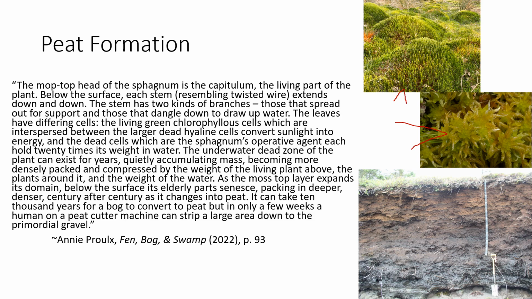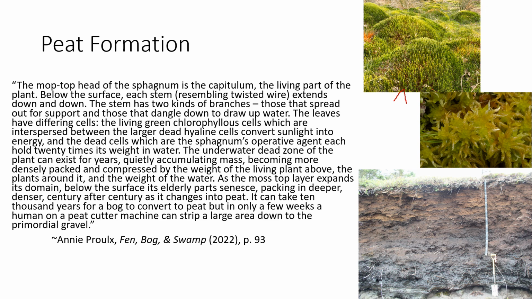Below the surface, each stem, resembling twisted wire, extends down and down. The stem has two kinds of branches, those that spread out for support and those that dangle down to draw up water. The leaves have differing cells. The living green chlorophorus cells, which are interspersed between the larger dead hyaline cells, convert sunlight into energy. The dead cells, which are in the same leaf, which are the sphagnum's operative agent, each hold 20 times its weight in water. The underwater dead zone of the plant can exist for years, quietly accumulating mass, becoming more densely packed and compressed by the weight of the living plant above, the plants around it, and the weight of the water. As the moss top layer expands,